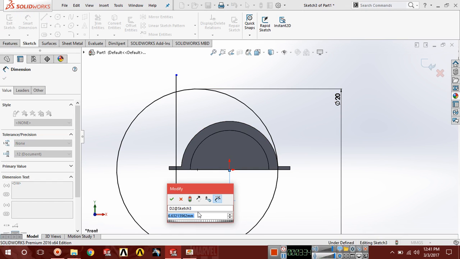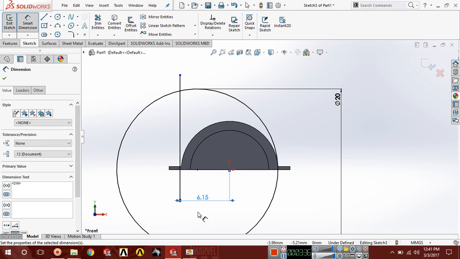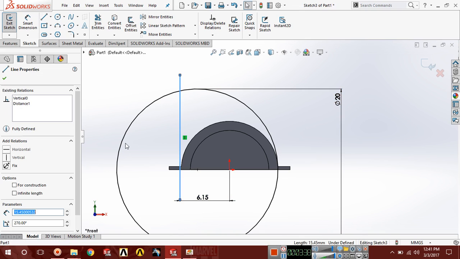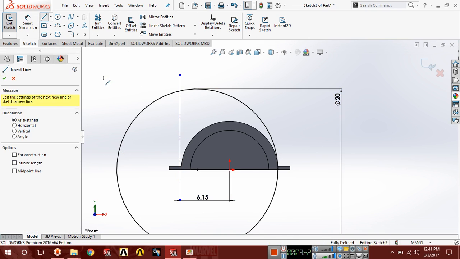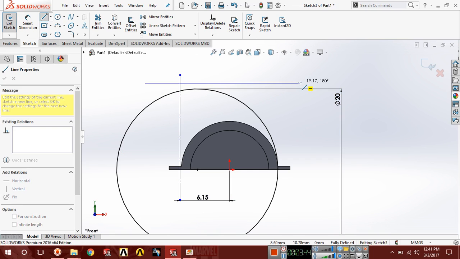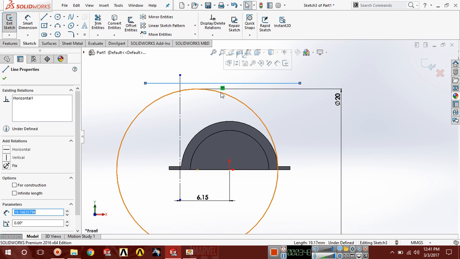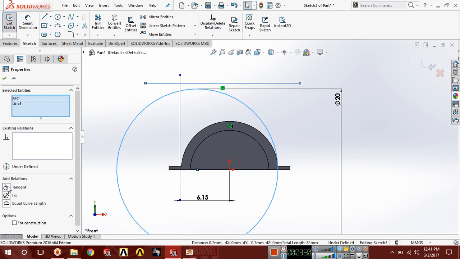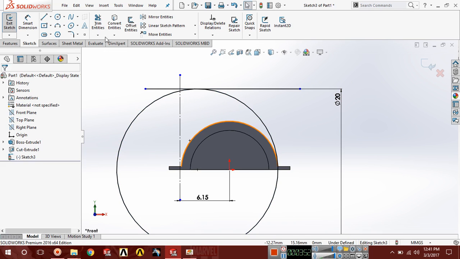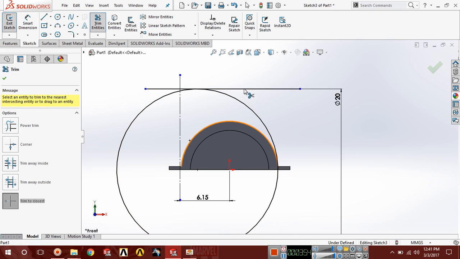The dimension from this point to this line should be 6.15, and make this line a construction line. Now select another line, draw a horizontal line here, select this line and this circle, and make a tangent relation. Choose trim, trim this line.